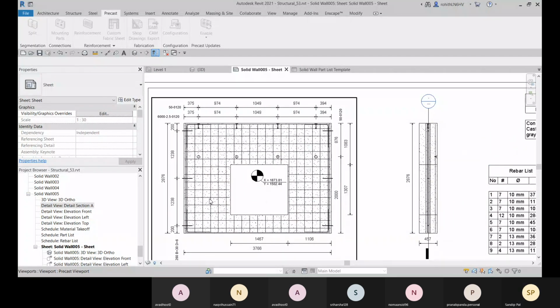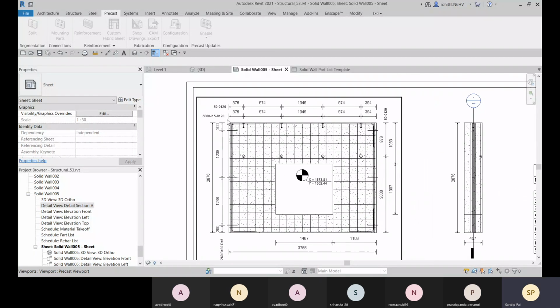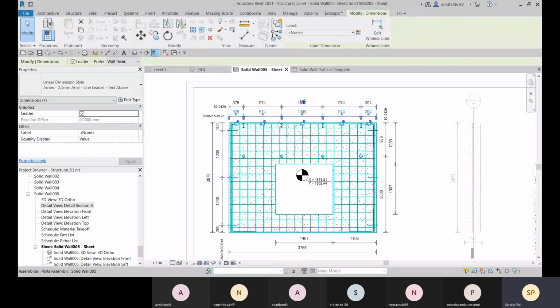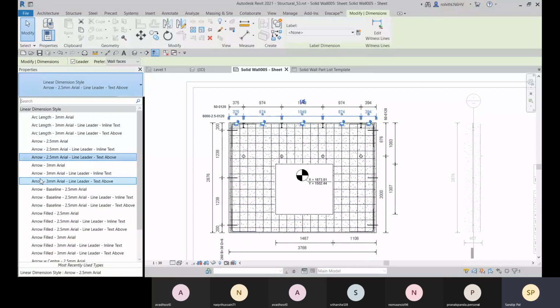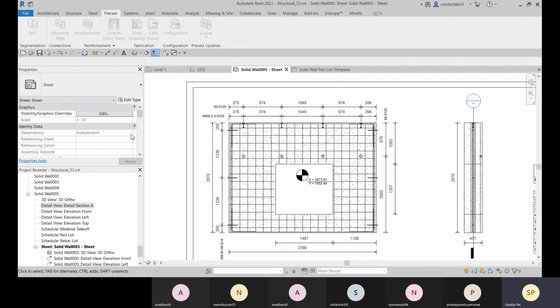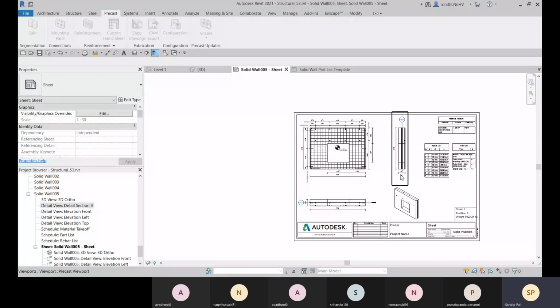Every detail is mentioned and all the annotations are available. You can double click on it to activate this view, and within this view you can change the dimension if it is needed. From here you can go to the type selector, select which type of dimension you want, apply it, and double click outside to get back into the page view.